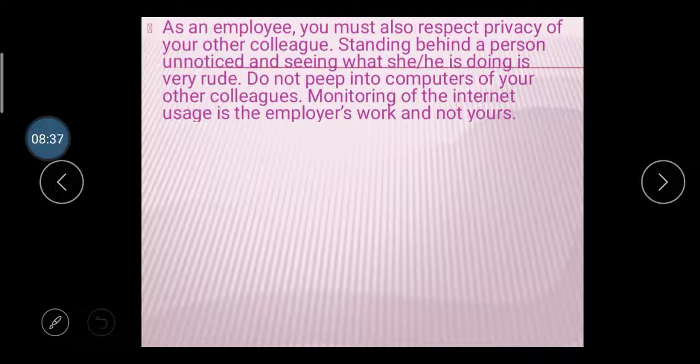Then do not peep into the computers of your colleagues, because monitoring internet usage is the employer's work and not yours. Sometimes some colleagues only watch what other people are doing, and cannot watch what they should be doing. So this type of behavior should not be shown by employees toward their colleagues. Then after,